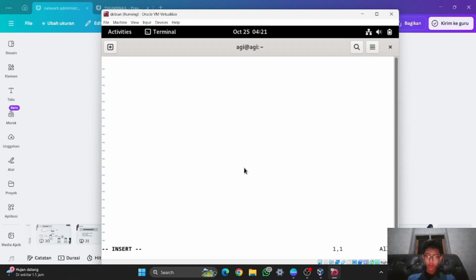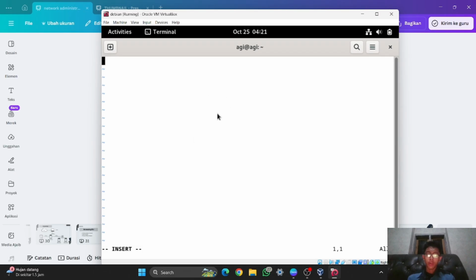Oh, I'm already in insert mode, guys, sorry. In here it is on the command mode. Oh, it is automatic, guys, maybe because it is the new version. But for the older version, you have to press I, and then you will go into the insert mode.